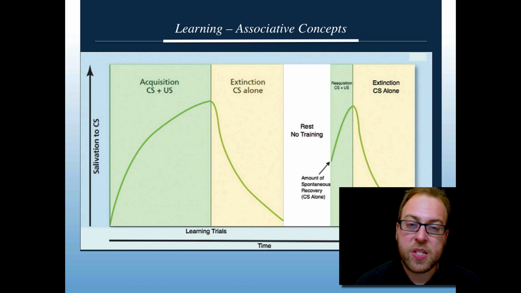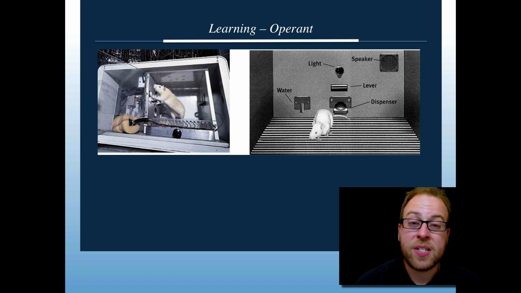So this is the distinction between classical and operant conditioning, which we'll talk about next, where classical conditioning relies on instinctual relationships between unconditioned stimuli. Operant conditioning allows the training of non-natural behaviors. B.F. Skinner is the name most associated with operant learning and operant conditioning. And these operant chambers are sort of colloquially known as Skinner boxes.